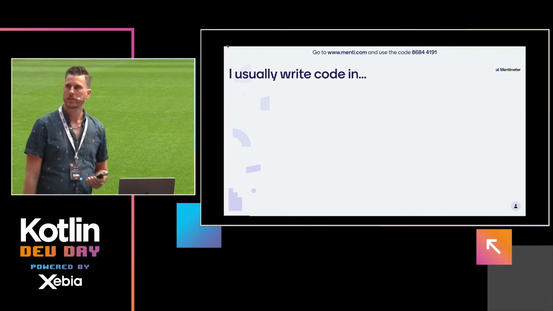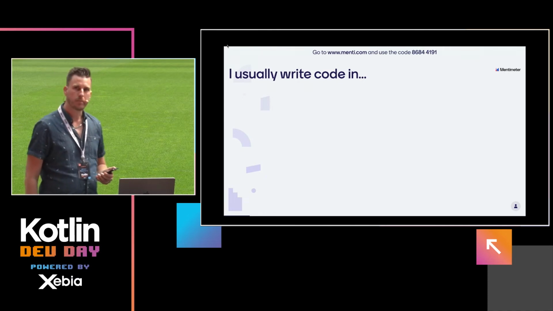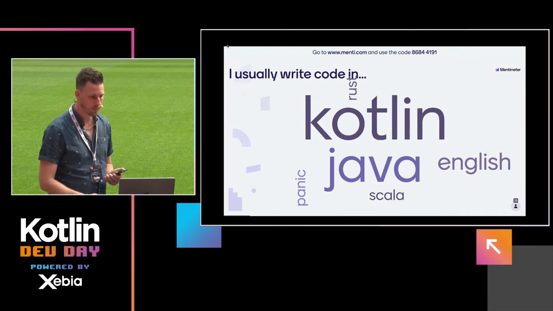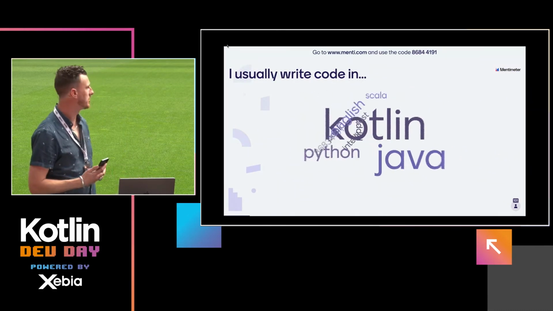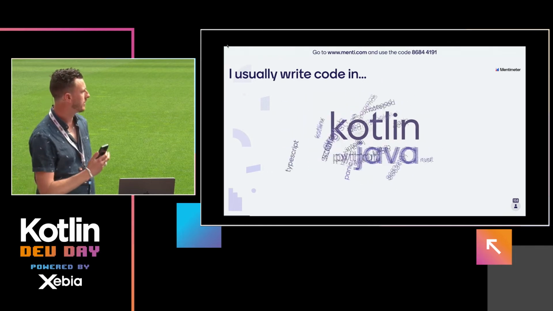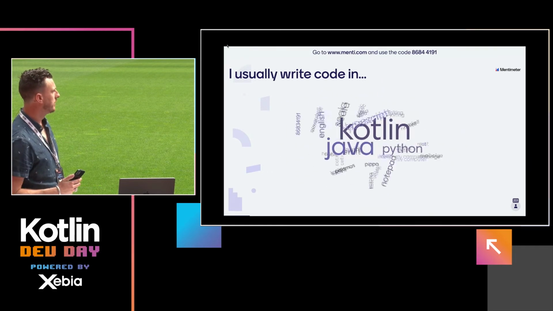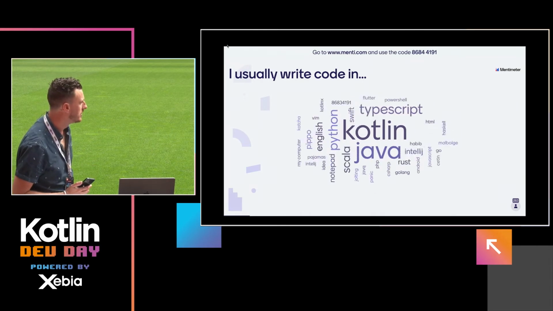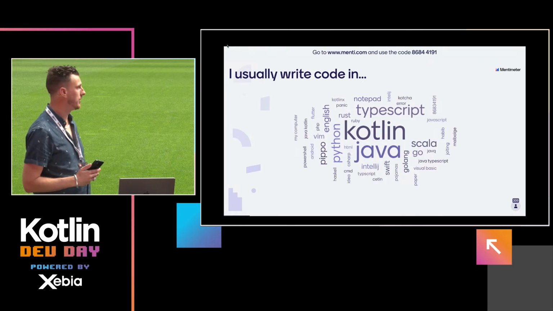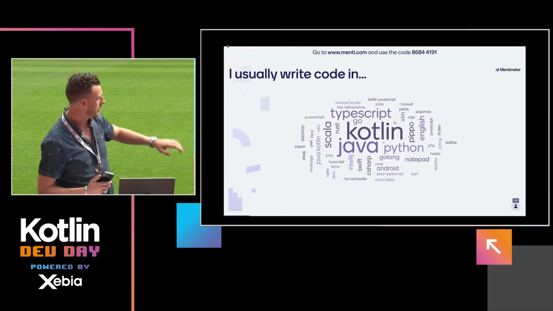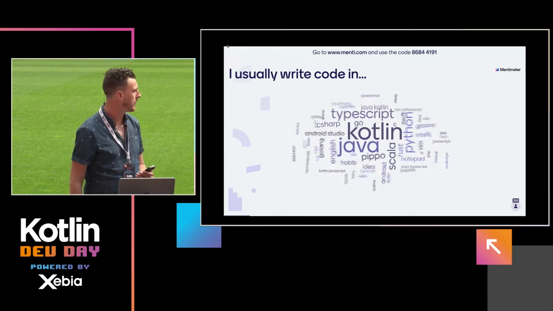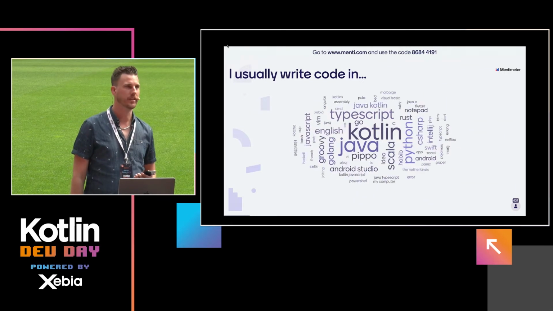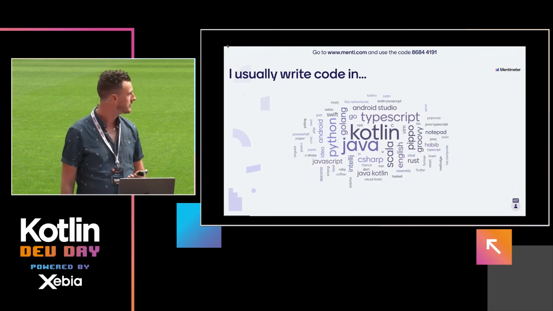So let's see if that works. I already told you a little bit about my background, but I would also like to know a little bit more about your background. I see already people using the app. Very cool. So we can make a little word cloud. I see a lot of Kotlin, of course, so that is great. Java. Wow, it's really a mixed crowd. I also see Kotlin, Java, so a lot of JVM languages there. Also Scala on the slide, so that will definitely be helpful in the quiz that I prepared. Very cool.